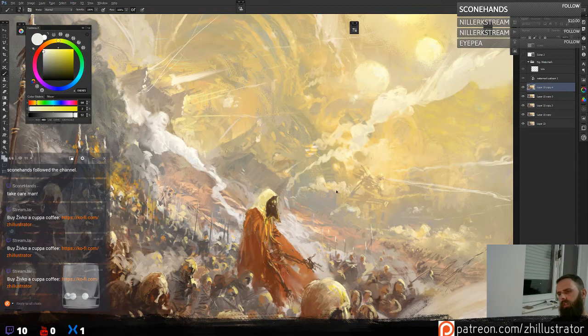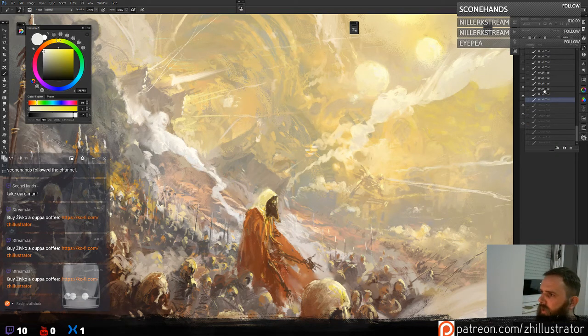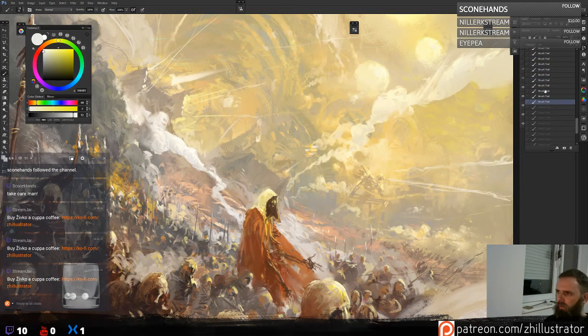I feel like this little smoke thing I added is too much. Oh god, Photoshop is so slow to undo things. Photoshop is crap sometimes, really. I just can't handle waiting for undos.